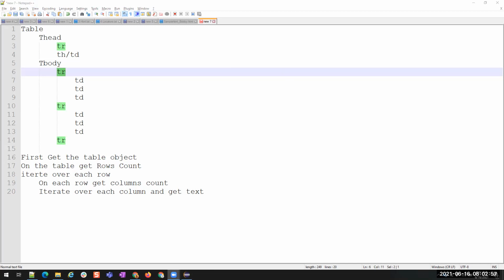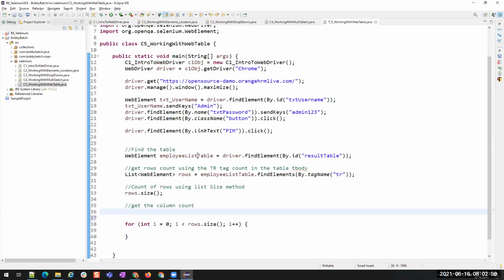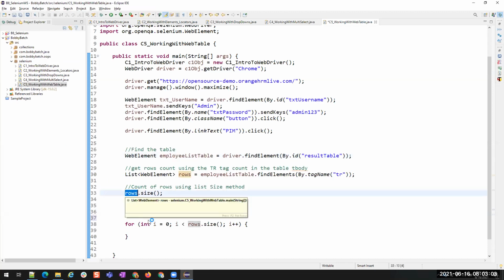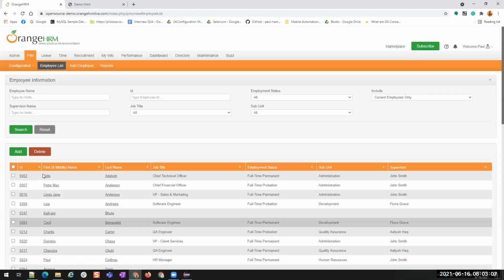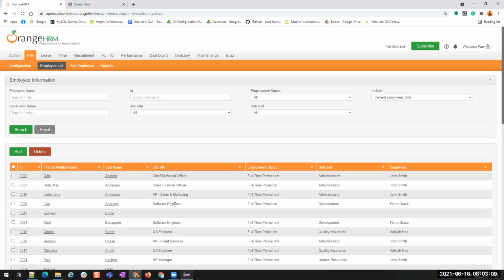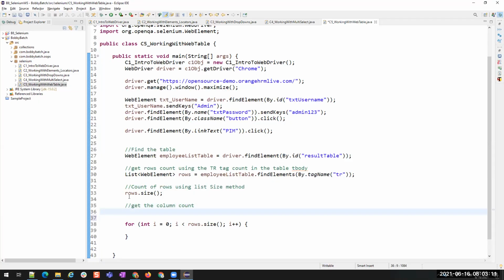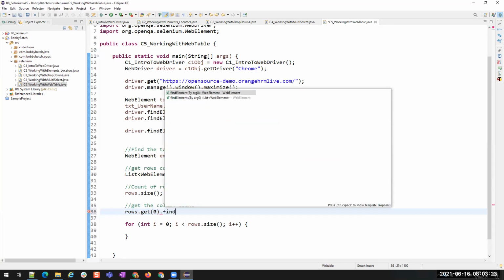Okay. So that's why on the table we found the rows. Now in each row, we have to find the column count. But the column count is the same for all the rows. So to get the count from these rows, I'll get any one row. Get of 0. I'm getting the first row, and on it I'm going to find the columns.